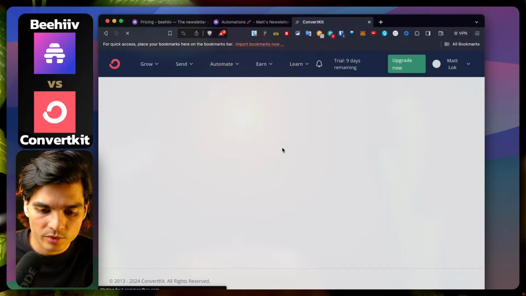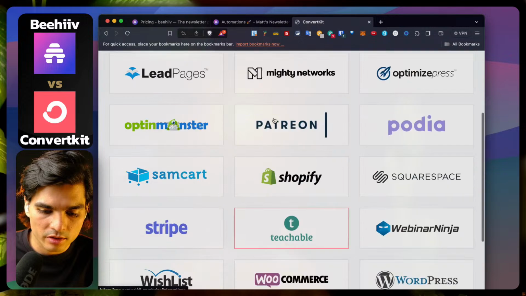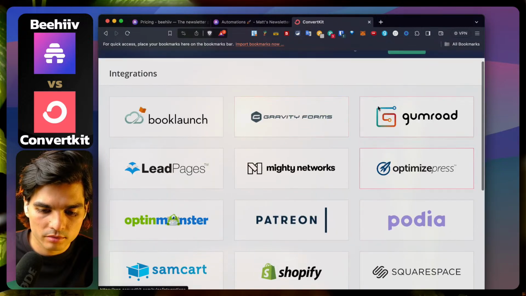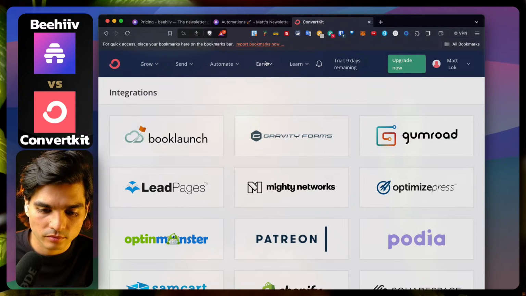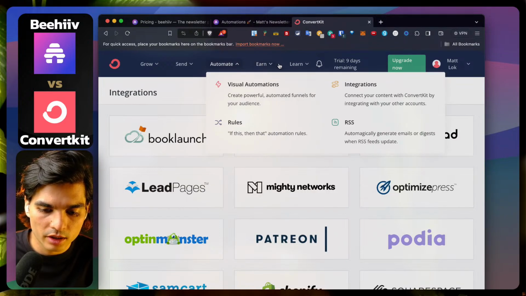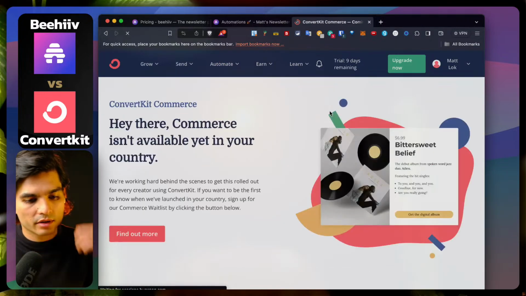Integrations, this is how you hook it up to your website or anywhere else that you're hanging out. So if you're selling things on Gumroad, this is how you maybe collect emails from people. Shopify, Teachable if you're selling courses, things like that. And yeah, rules, RSS. And then here, okay, here's the really cool bit that I'm interested in, and